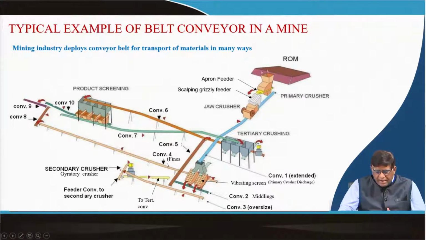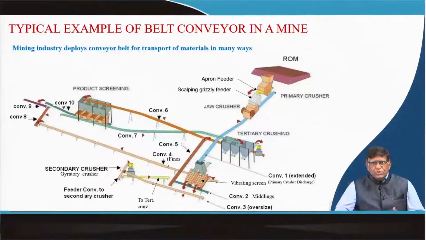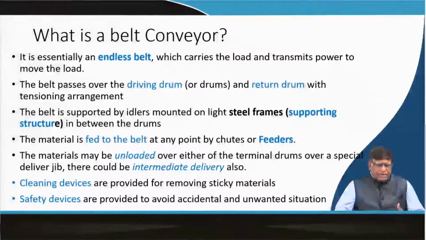So, you can see in mining and processing, 9 sets of conveyor belts are there. There could be any number of conveyor belts connected, one feeding to another, that is, one is followed by another. The whole conveyors will be operating in sequence. So, there are different ways how this conveyor belt will be placed. So, now you know that a conveyor belt is used.